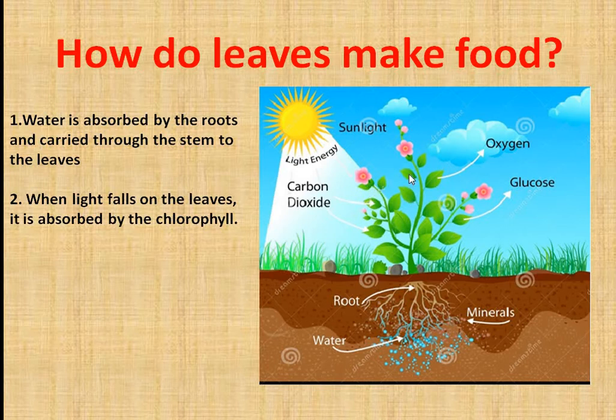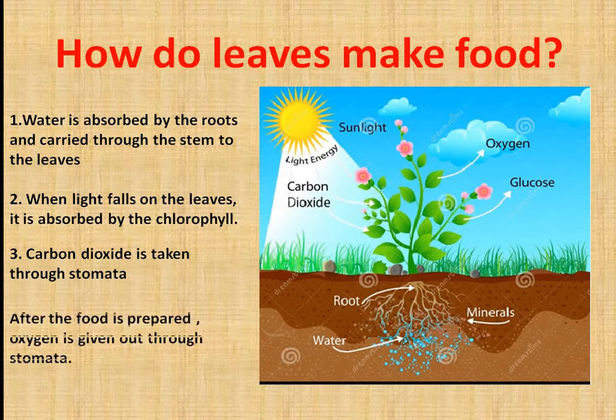the leaf, right? Next, carbon dioxide is taken in through stomata. Now here comes the role of this carbon dioxide. It is absorbed by stomata, which is present in the leaf. This is what I told you: stomata helps a plant to breathe. And what does a plant need to breathe? Carbon dioxide. Just like we people need oxygen to breathe, a plant needs carbon dioxide to breathe. It takes carbon dioxide from the surroundings.